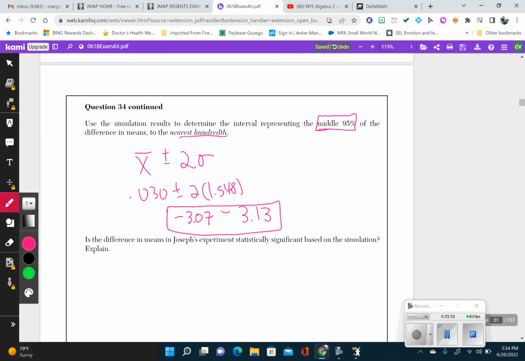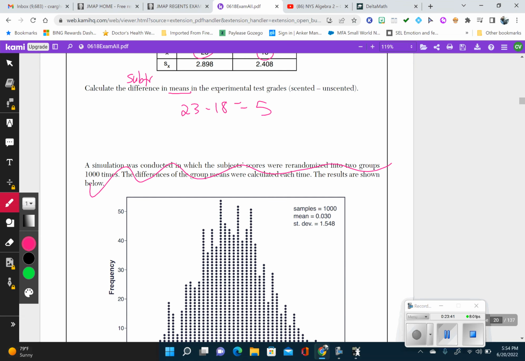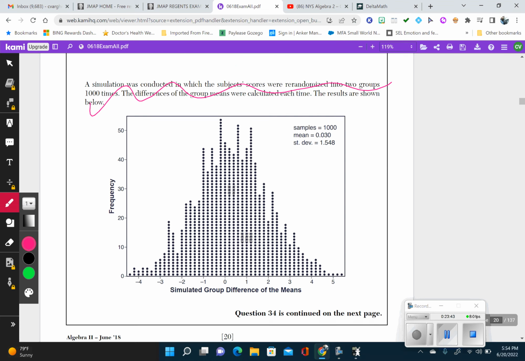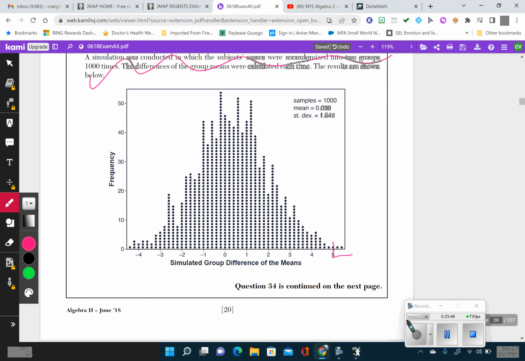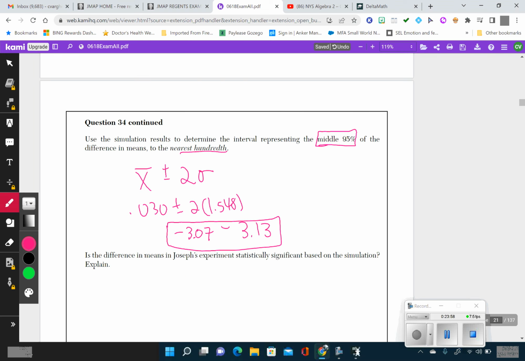So it's asking you, is the difference in means statistically significant based on the simulation? So the difference, his difference in mean was 5. So if you look, right, 5 is over here, right? So there's only 3 numbers out of 1,000. If you look this 1,000 times, there's only 3 numbers that are going to be 5 or more. So you can say yes, a difference of 5 or more